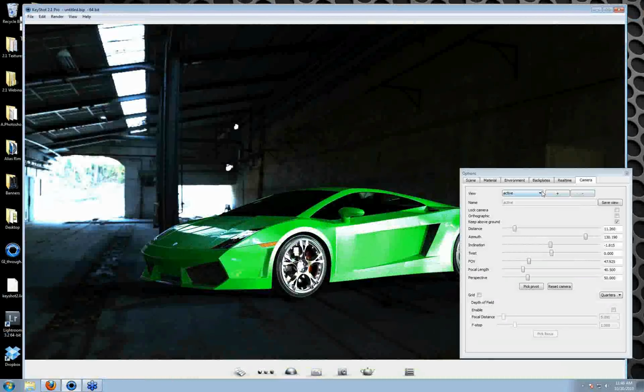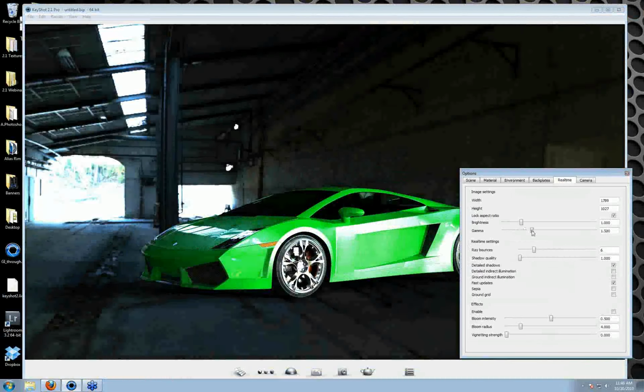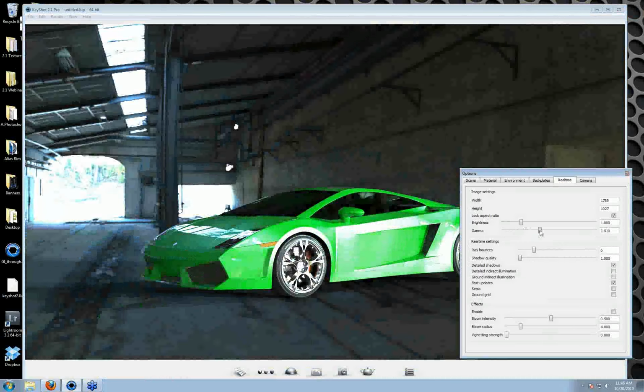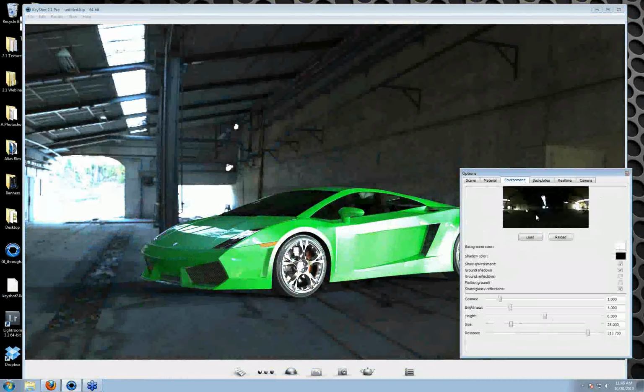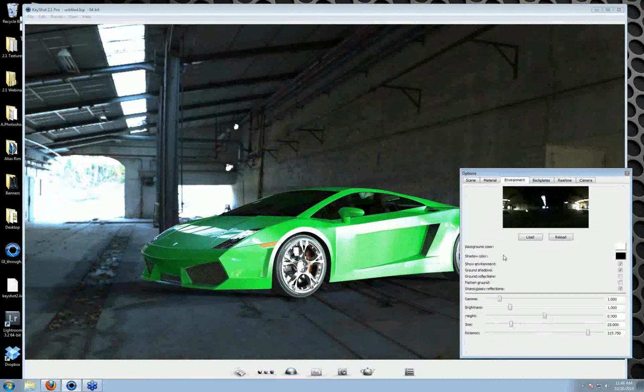But basically, gamma here, in order to make this lighting environment look a little less intense, I'm going to bring my gamma up. And this gamma is in the Realtime tab. And there's another gamma and another brightness in the Environment tab. You have to think of Realtime as sort of a post-process. It's like you went into Photoshop and adjusted a photograph. That's the Realtime image, Realtime brightness and gamma. In the environment, you're actually adjusting the world. You're changing the gamma of the lighting environment itself at the core of the lighting. So if I bring the gamma of the lighting